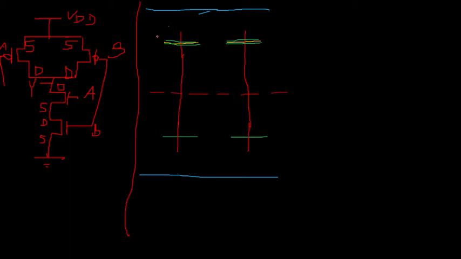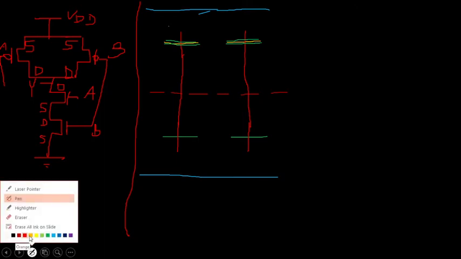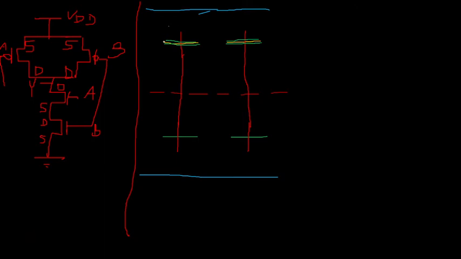It is not a good idea to make this source, this drain, this source, this drain. Why? Because it will increase the complexity. So it is a good idea to either take both the drains on the inside and both the sources outside, or both the drains outside and sources inside. In my implementation, I am taking both the sources outside and drains inside.